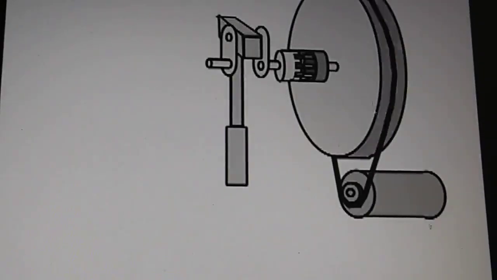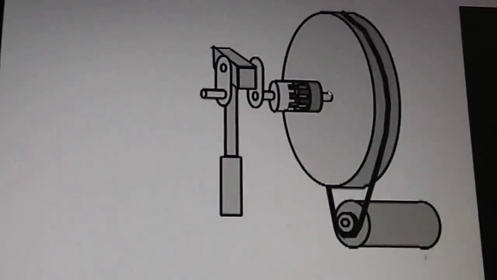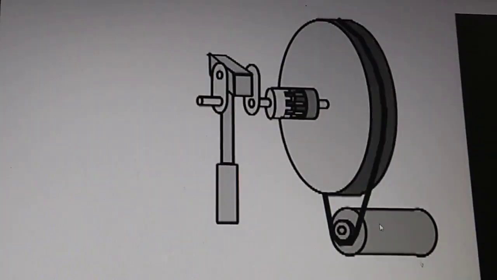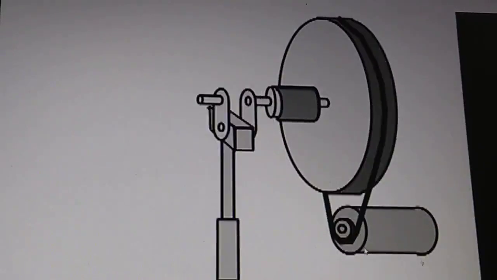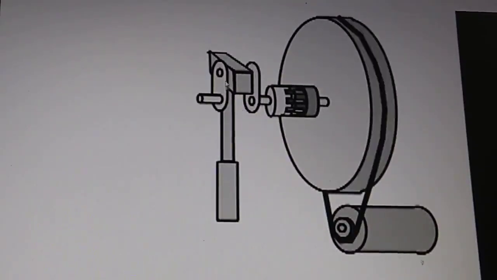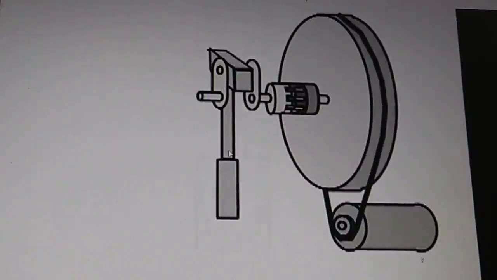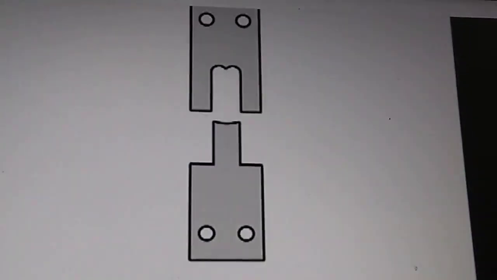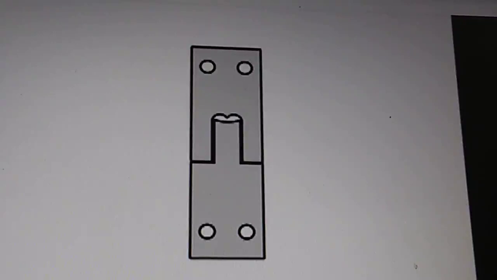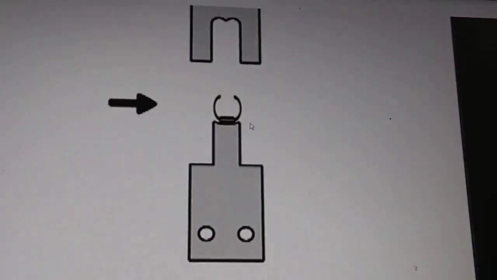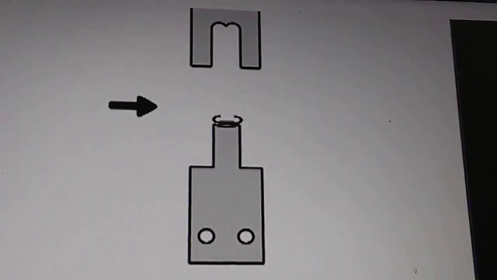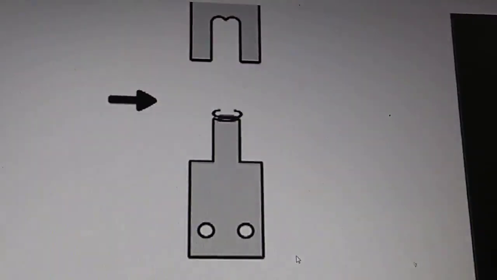So when it rotates like this, because it is connected to the electric motor, the crankshaft will move the connecting rod, so that the ram moves up and down to do the punching operation. This power requirement is variable, but the power supplied from the motor is at a uniform rate.